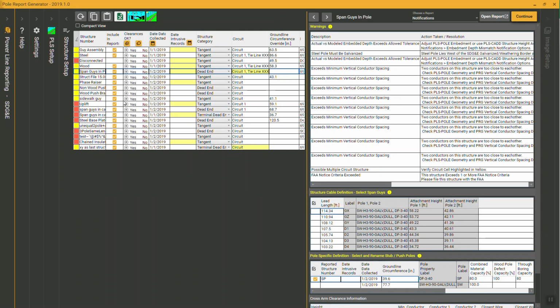Now there's one more feature of this process which builds on an existing feature. So it's possible to have a structure which models both a subject and a stub pole in the same PLS pole model. And in that case, PRG already has the functionality where it can split out that pole into a separate structure. So if we take a look at this structure, span guys and pole,